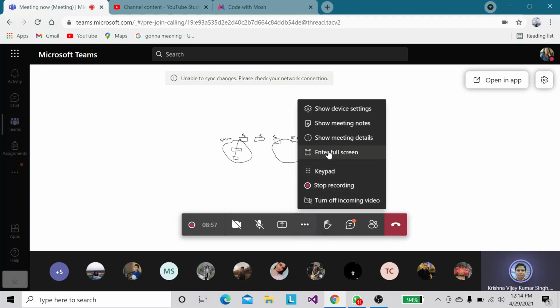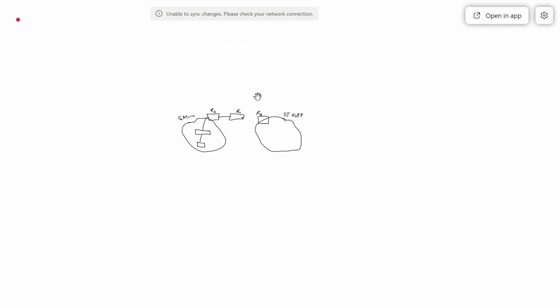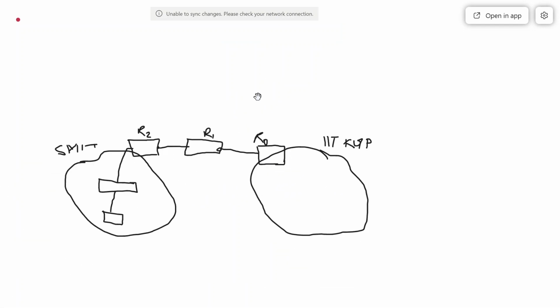Another router is providing connection to the local network, and this is a computer of destination. So let's say this is the source S and this is the destination D.